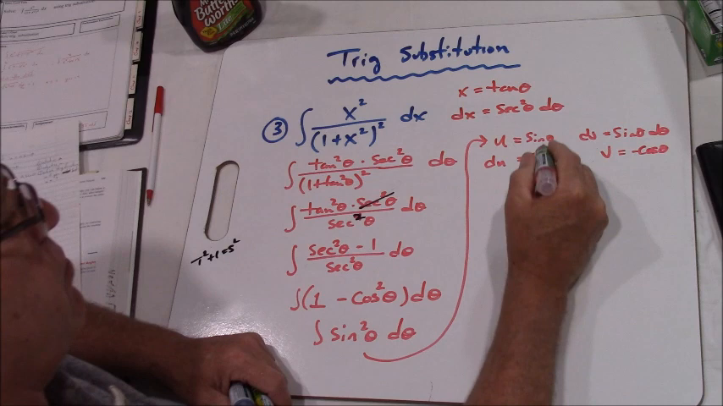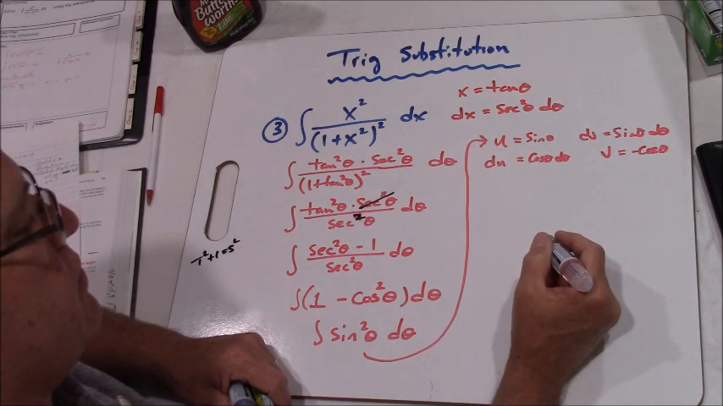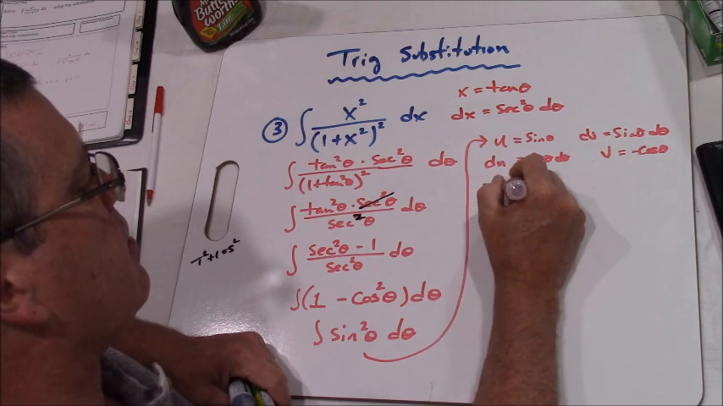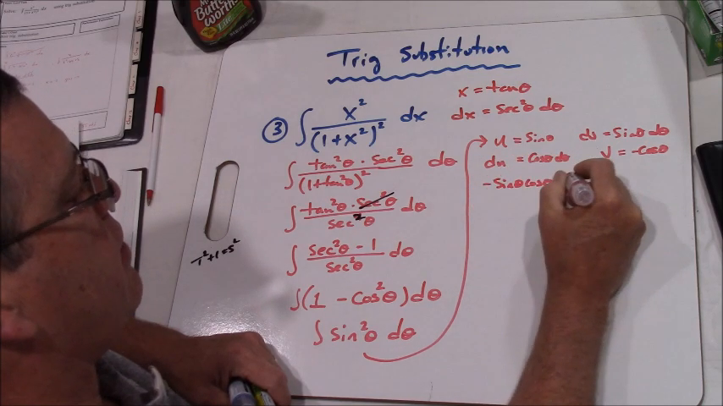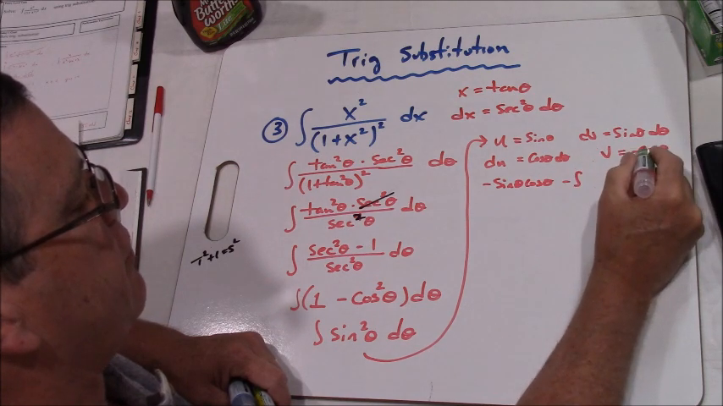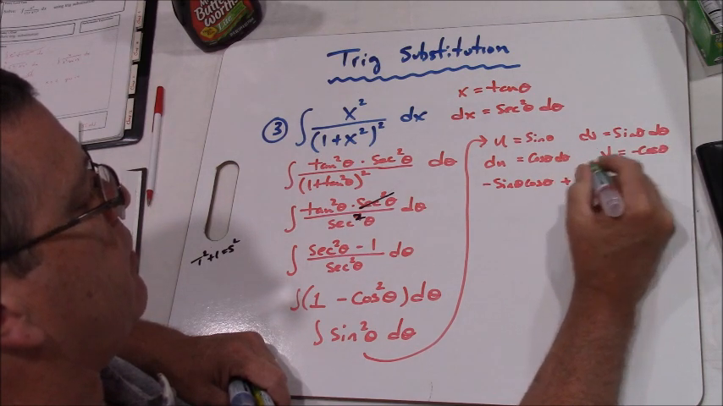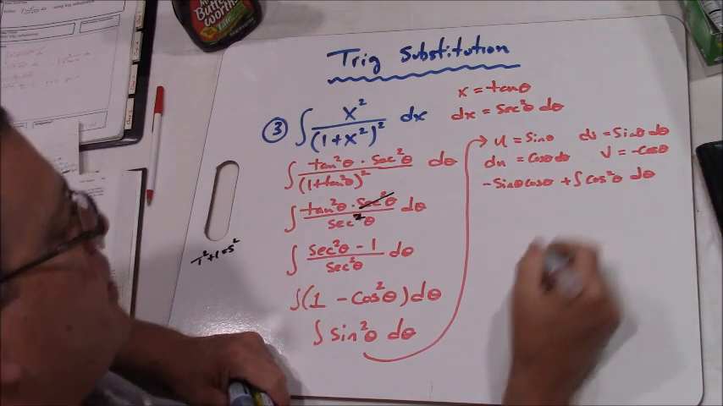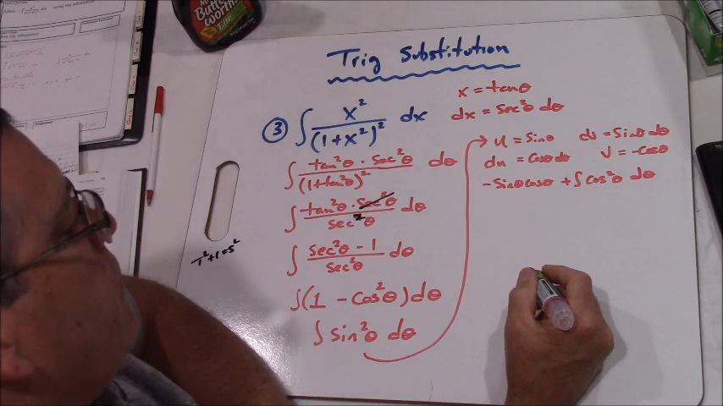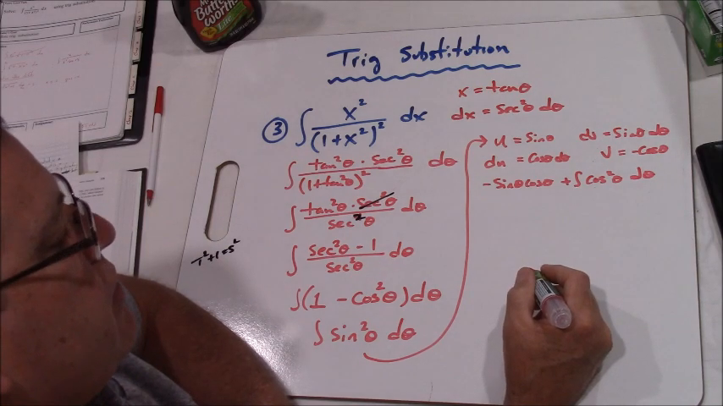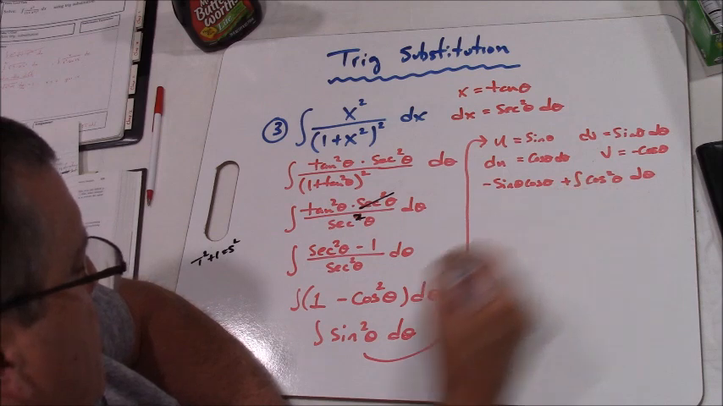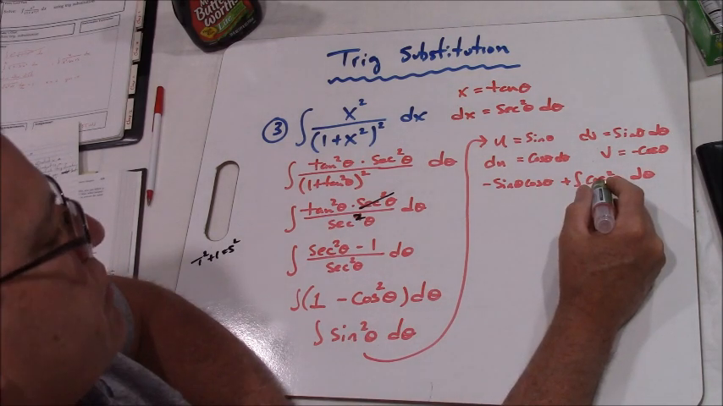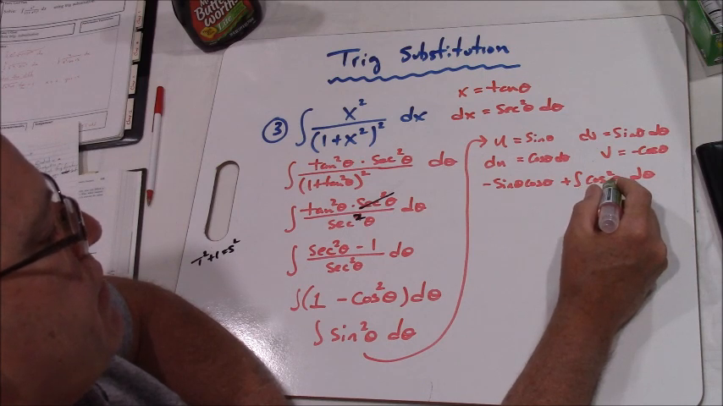And so now this integral would be u times v, which would be a negative sine theta cosine theta, minus the integral of v du, which would be plus the integral of cosine squared theta d theta. Which means I'm kind of caught in the same thing here again, but if I change this to a 1 minus sine squared of theta,